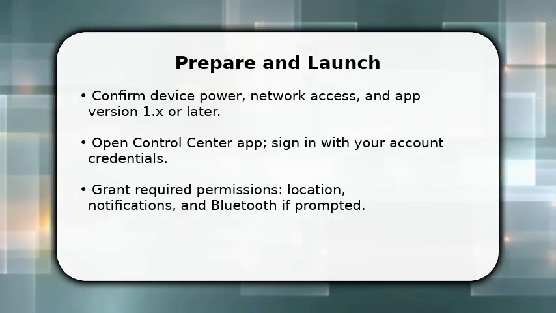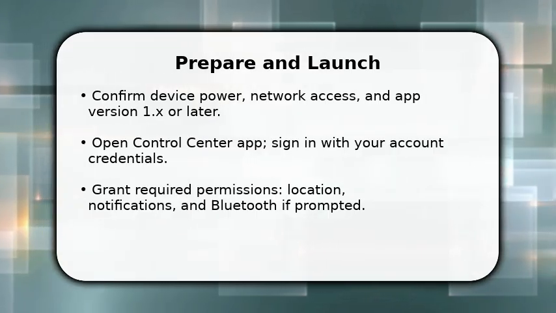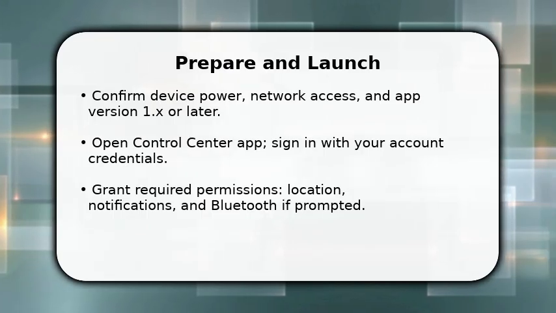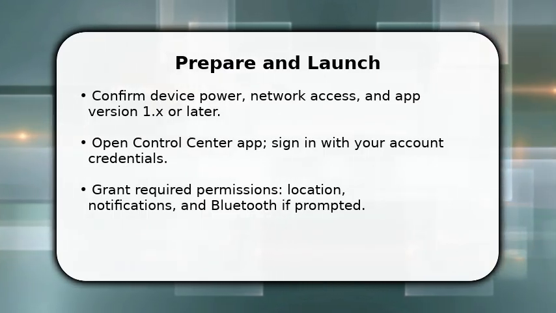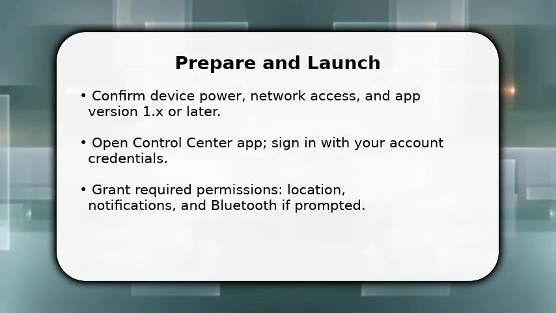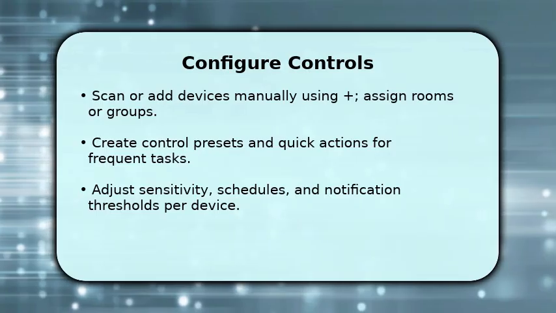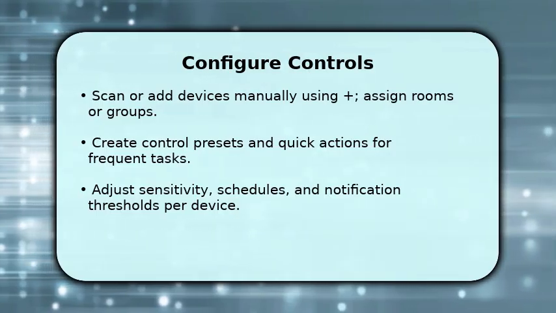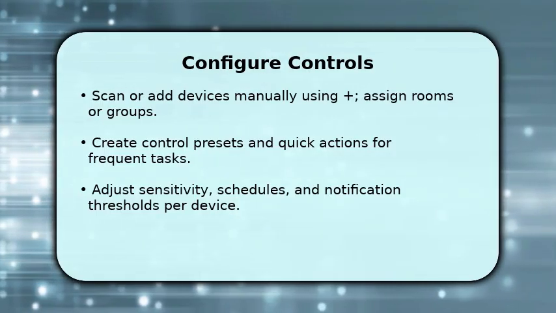Make sure to tap any initial setup shortcuts. They pre-configure common devices. This first phase gets the app ready to find, control, and report device states without later permission interruptions. Next, add or scan devices and organize them into rooms or groups so you can control multiple items